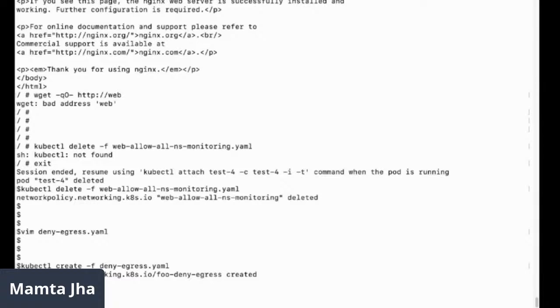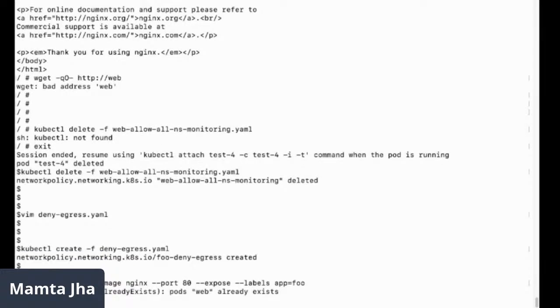I will name it as web, and then I'll give the image as Nginx. I will have port 80. I will say expose. And I will label it as app as foo. Labels I have to give. Keyword is labels, it's not label. App equals foo.